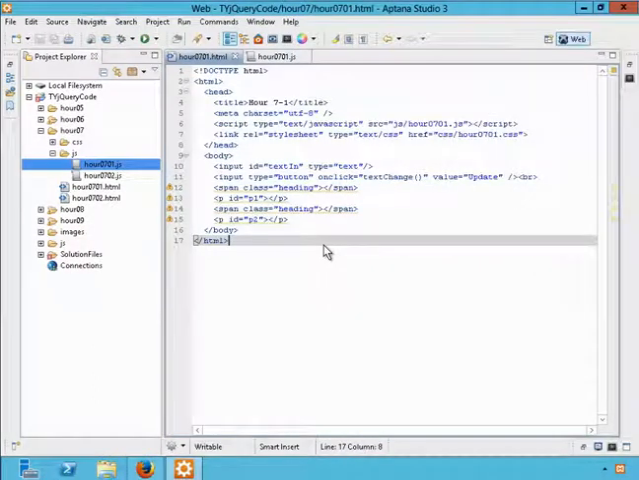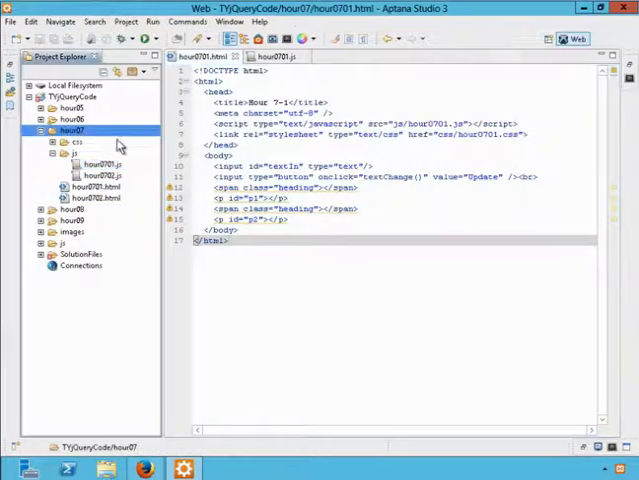Throughout the rest of the book, you'll want to create 2 subfolders underneath your project folder in Aptana Studio. For instance, you see that I've created a folder at the top level of my project called Hour7, and then inside I've created folders called CSS, that will obviously store our cascading style sheets, and JS, which will store our